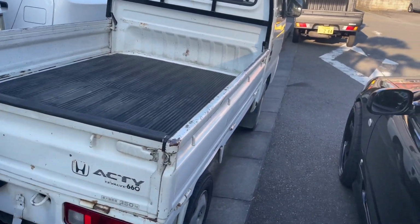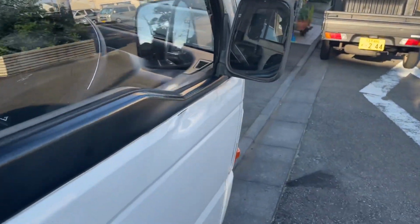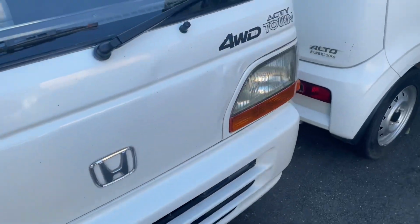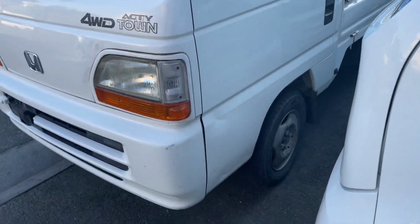Let me just walk around this real quick. Let y'all know, the body's a little beat up. Got a few dents here and there. Got a couple dents there. But other than that,